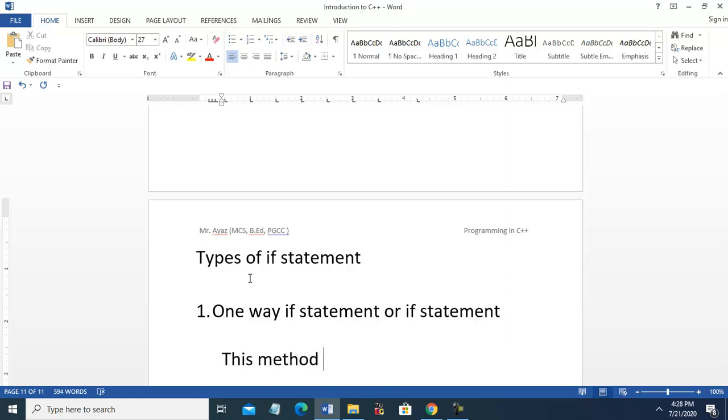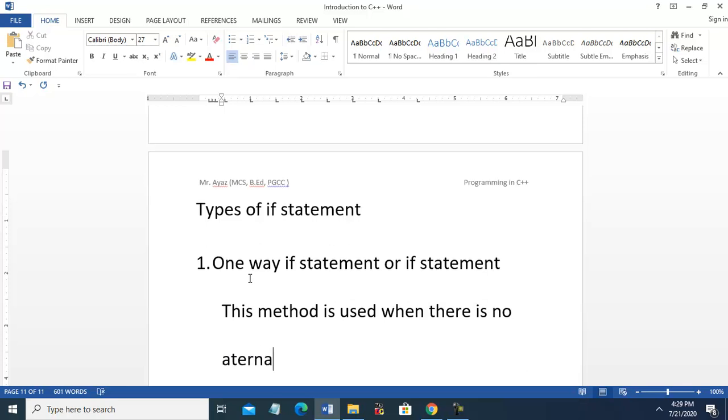This method is used when there is no alternative. You just want to check conditions.